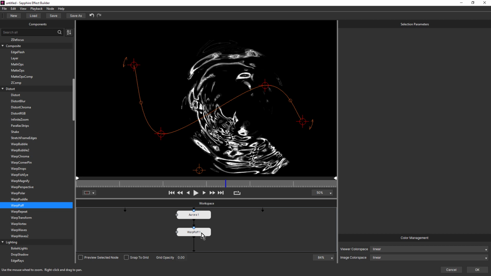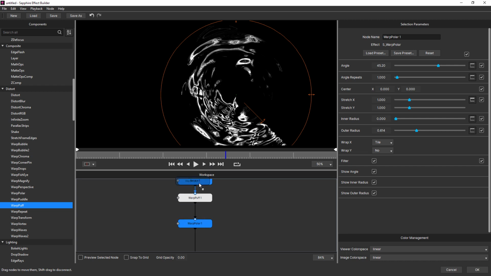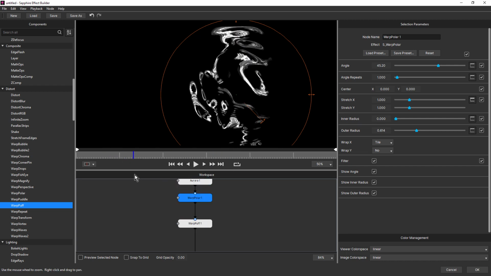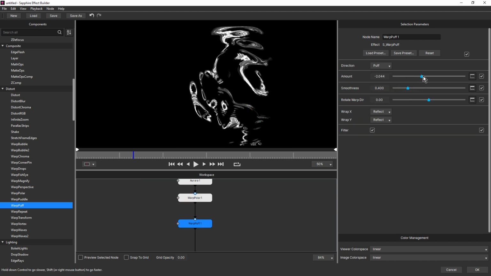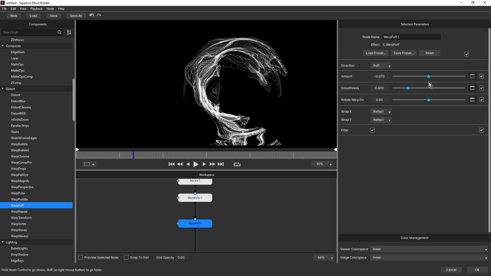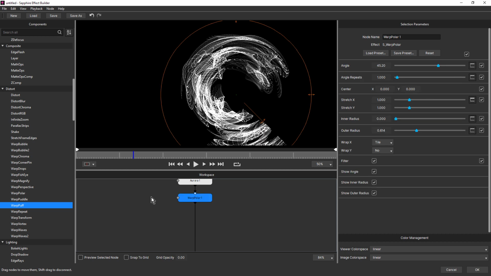So maybe we'll take warp polar up above warp puff. And let's just play around with warp puff. I'm going to remove that. This is obviously very strong now.